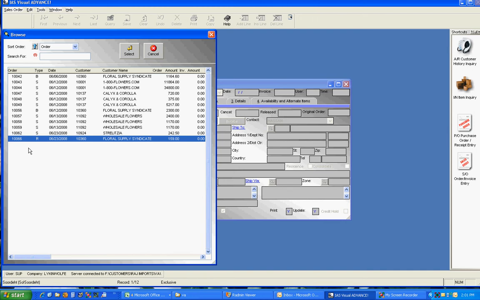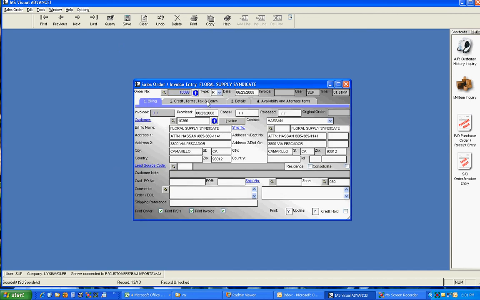Okay? And you might also see a C there. It means it's a credit that has not been invoiced and posted. Anything in here is something that hasn't been posted. Okay. So when I choose that return authorization, I go over here and I say, okay, I'm going to, first of all, convert this to a credit memo. So I'm just going to do my little drop down, change it to credit,